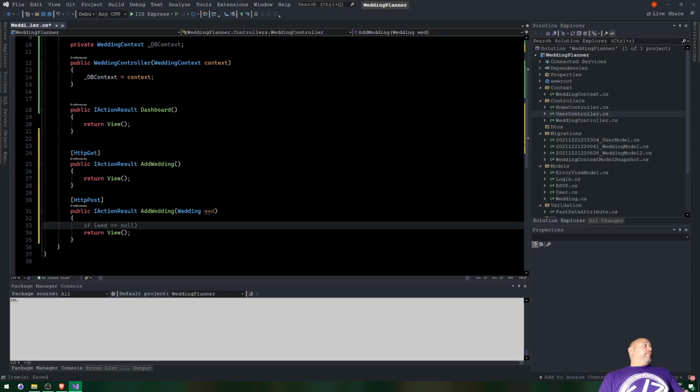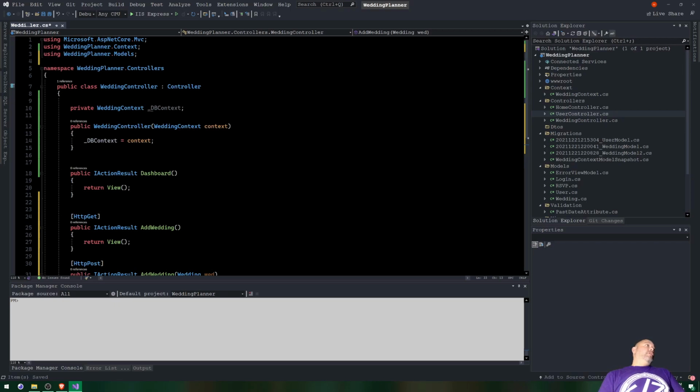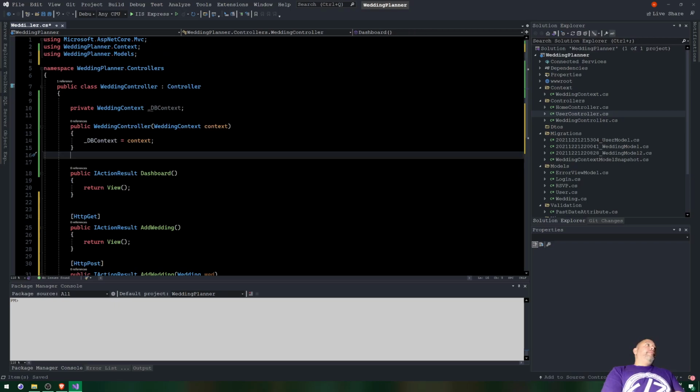So this is where it gets a little bit different, especially the way I have it. And yeah, this is where I confuse myself. So we're going to create wedding. I'm just going to put add wedding. That word add is so much easier to write. So the first thing is we're going to have to create a user in database up here. So let's put a